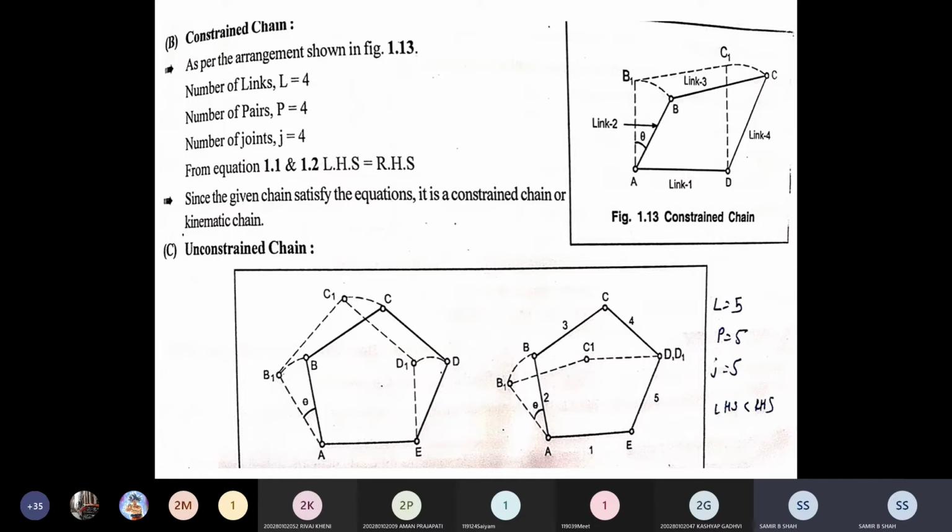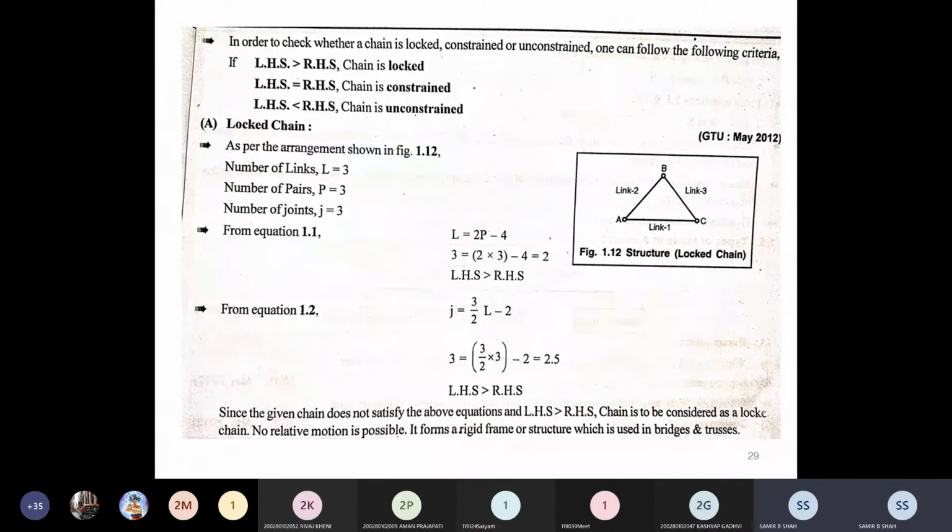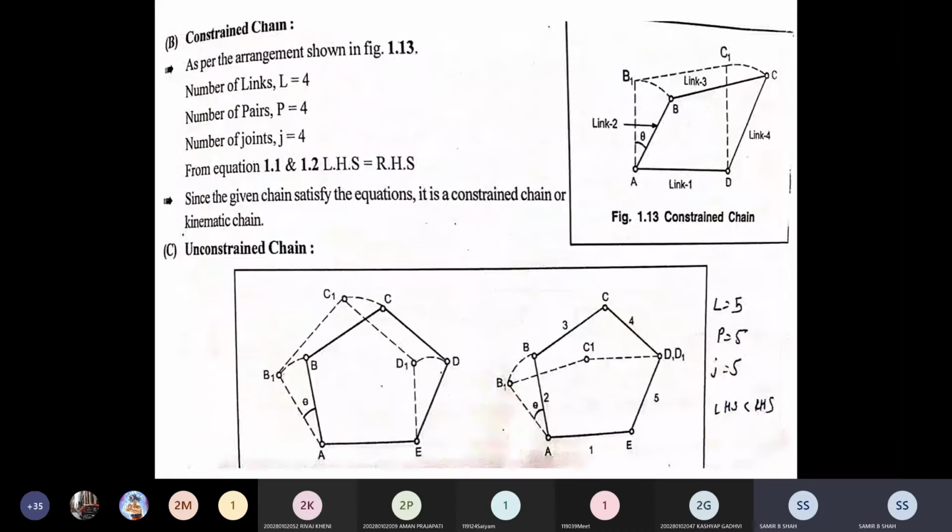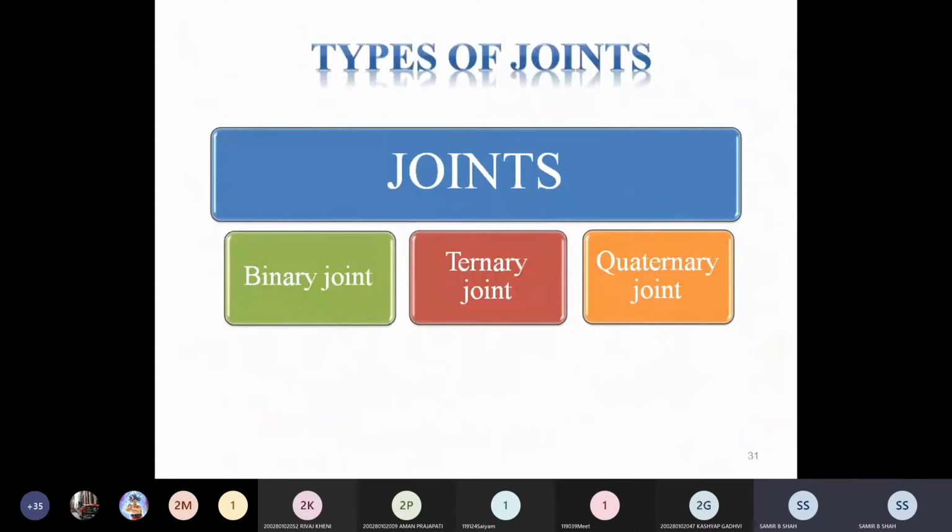Here the number of links is 5, the number of pairs is 5, and the number of joints is 5. If you put these in the equation L = 2p - 4, we get the value of the right hand side as higher: 2 into 5 means 10, minus 4, so 6, right? So the right hand side value is higher,